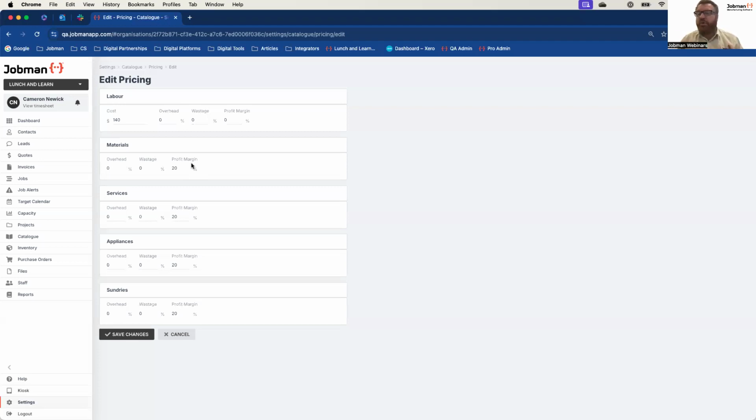The reason why Jobman uses profit margin is because it's a far more accurate, scalable, and profitable way to manage your business. Profit margin by difference is: give me the sum total of the cost, which is the cost of the material plus tax plus overhead plus wastage, and then tell me how much to sell that item for to make the amount of money I want to make. So before you've even started with Jobman, one of the very first things that you'll benefit from is rather than simply having this chalked up allowance rate, you'll have the ability to come in here and dictate what that margin should be. So as an example, 20% profit margin is the equivalent of 25% profit markup.